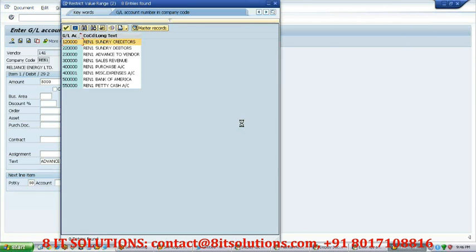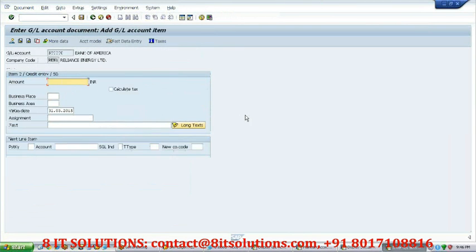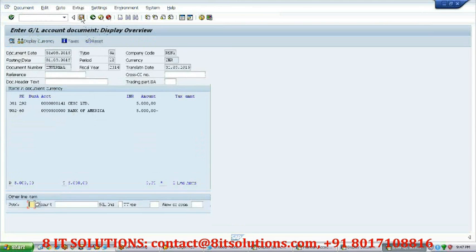For the timing you can take any bank GL account and post your transaction. Okay, so this is how you can simulate or directly post, either way, because nothing new is going to come out of it.